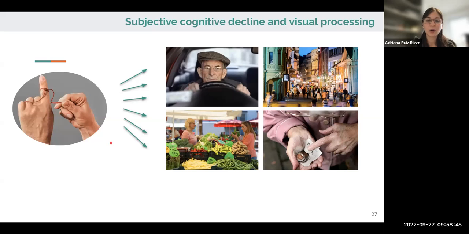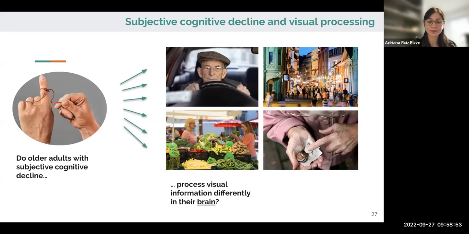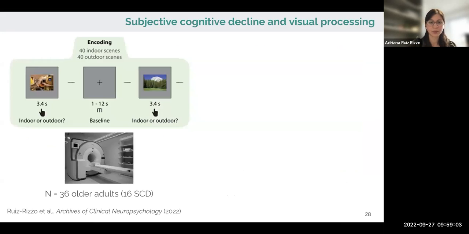And that's why one of the first studies at the Connect Lab was to investigate whether older adults with subjective cognitive decline process visual information differently in the brain, and whether they show more memory problems to complex visual stimuli. So for this, I analyzed a sample of 36 older adults, 16 of which had these memory complaints